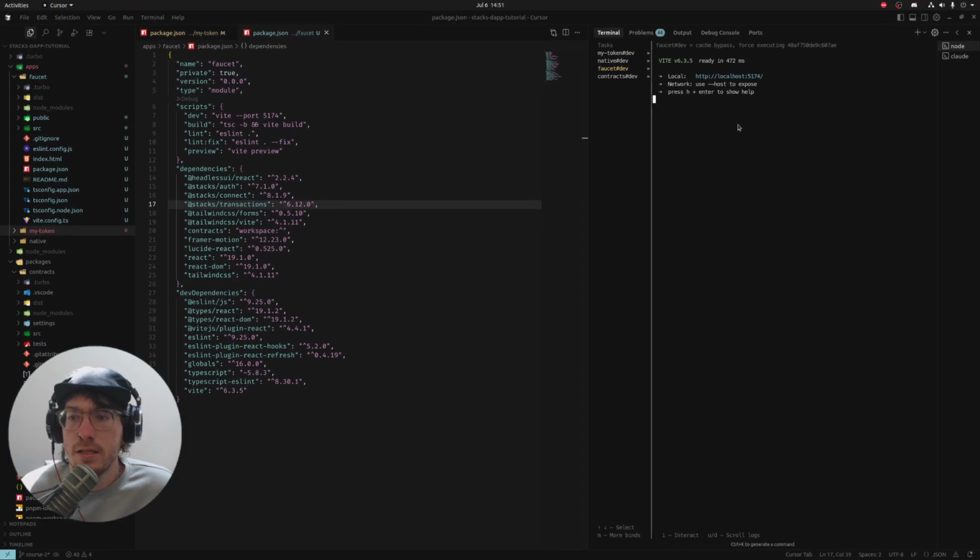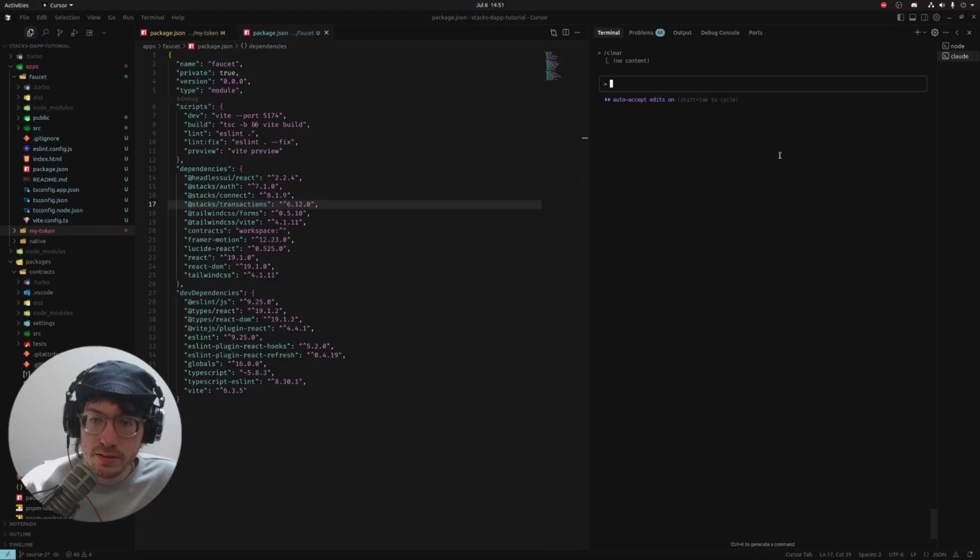Okay. All right, so we're going to go back to Vibecoding. So when you're working with an existing project and you're using AI-assisted coding, it's very important to load it up with information so it can get off to a good start. You want to have it load up its context with important information. So we'll just start by saying we're continuing work on an existing project. Please look at Faucet